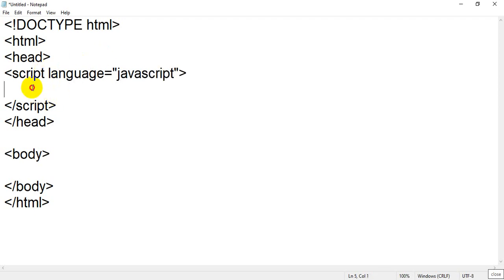Now whatever you write between these two script tags, the opening and closing script tag, will be considered as the JavaScript language. JavaScript is an object oriented language, and it's a distinct computer language which has certain rules and regulations, a set of syntax and many things. Like every language, if you are going to learn Urdu, Hindi or Marathi, there is a set of rules and regulations. Okay, that's called grammar. In the same way, HTML is one language, and you have added one more language, that is JavaScript.